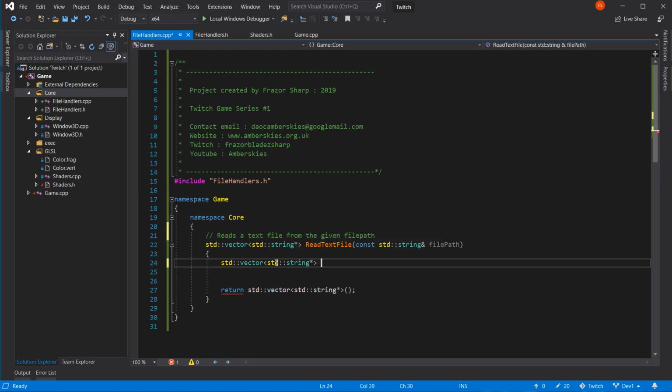Call it text file, because that sounds quite normal. Yeah. And this will be storage vector storage array for the text file, for the file.